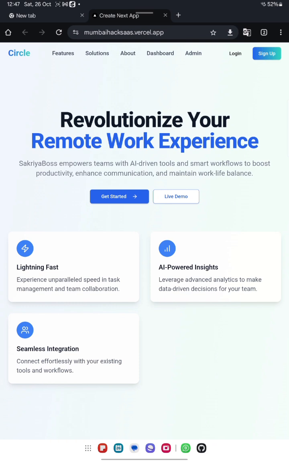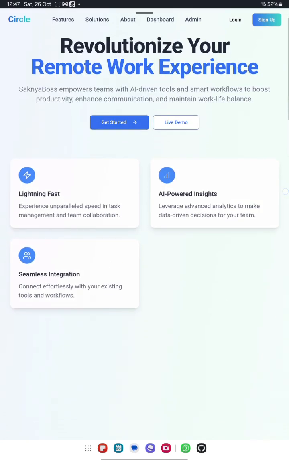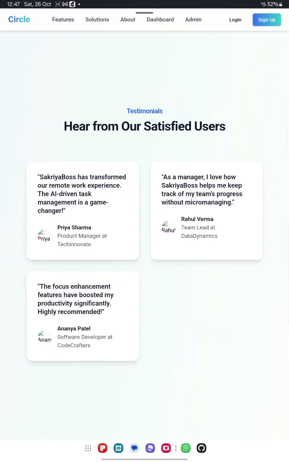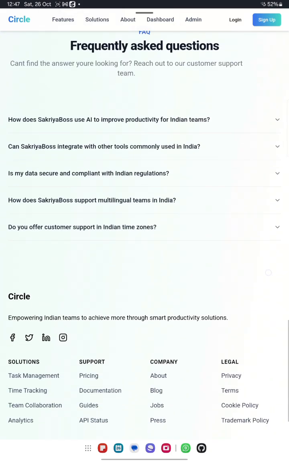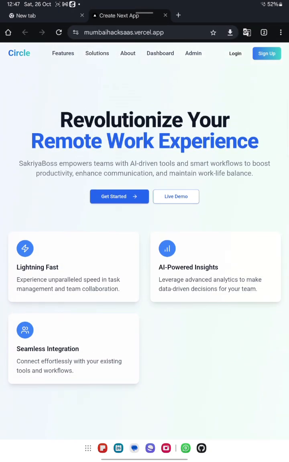So let's go through the home page, the landing page. Here we have a basic login and signup button where an employee and an HR can log in and go to their organization. This is a basic landing page to showcase what services we are delivering, and all the FAQ and the footer, but the main magic is on the dashboard and the admin panel. For ease of navigation, we have implemented a direct link to admin and dashboard here. So first we'll start with the dashboard.